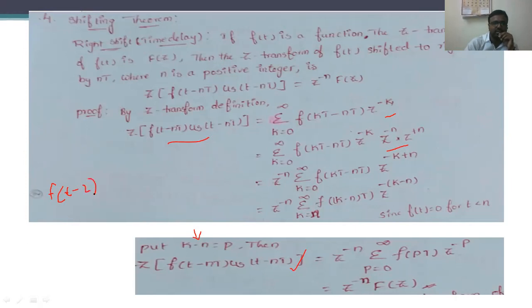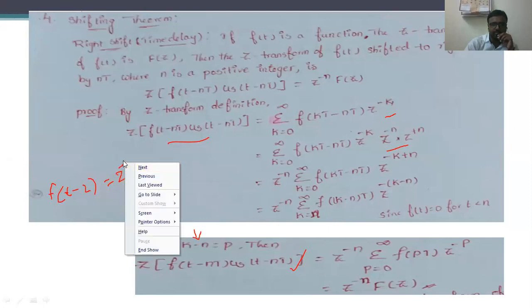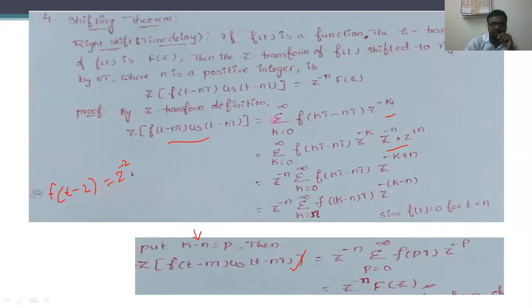Let us suppose a function we are having, f of t minus 2, can be represented simply as z power minus 2 into f of z. Z power minus 2 is simply nothing but right shifting and left shifting. Left shifting means,